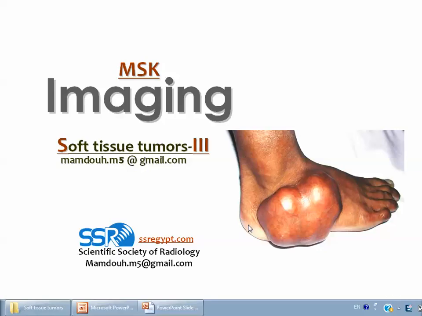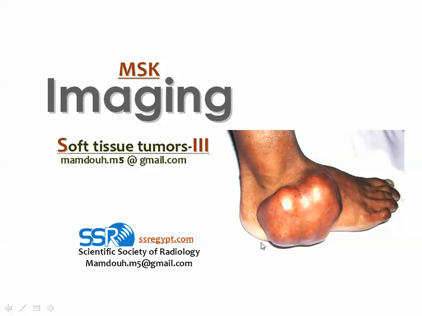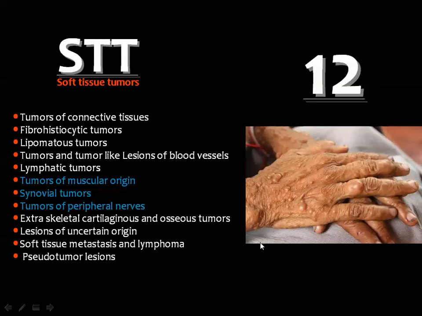Dear colleagues, this is the third part of the topic of imaging of the soft tissue tumors. And you remember that there are about 12 categories of soft tissue tumors, and we have discussed in the first part of these lectures the topic of tumors arising from the connective tissue. Then in the second part, we have finished the imaging of